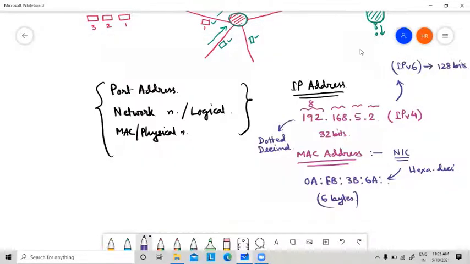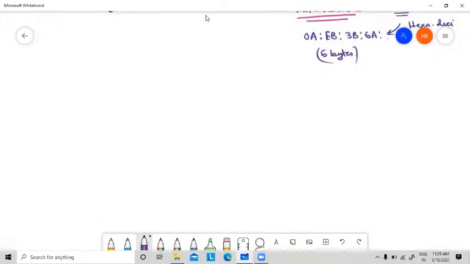Now, you have to remember that each and every device on the internet has two different addresses. One is the local address, which is the physical address, sometimes called the MAC address, media access control address, which is in hexadecimal form, 0A:EB like this, sometimes with a colon or sometimes a dash, 6 bytes long.